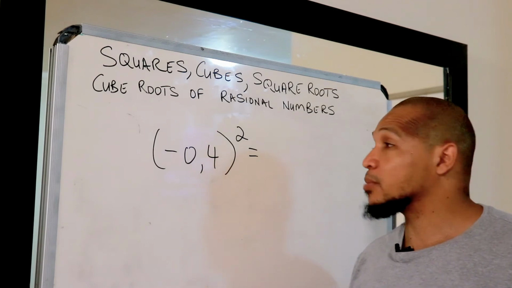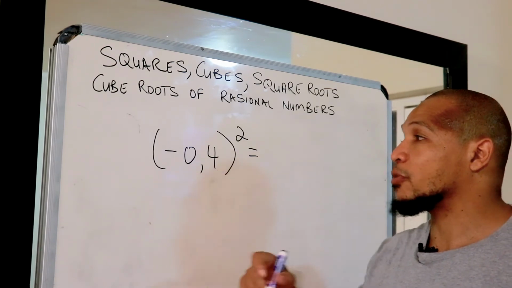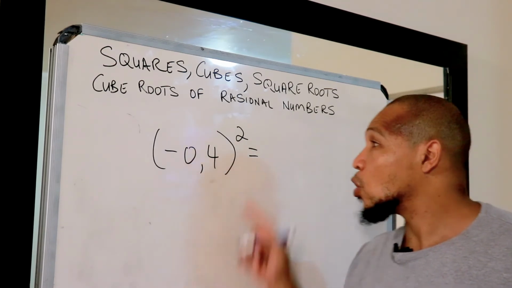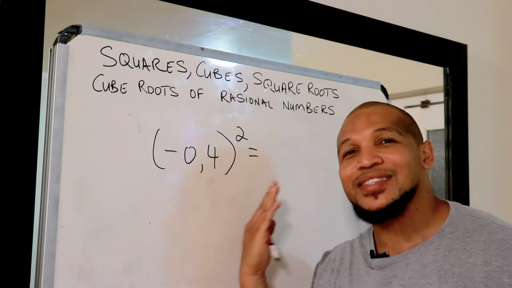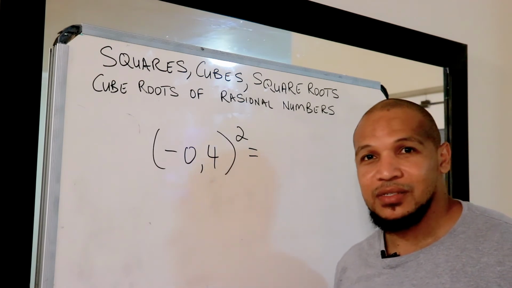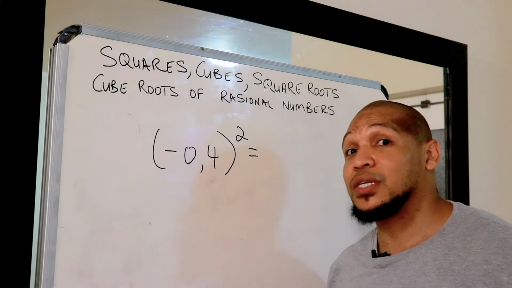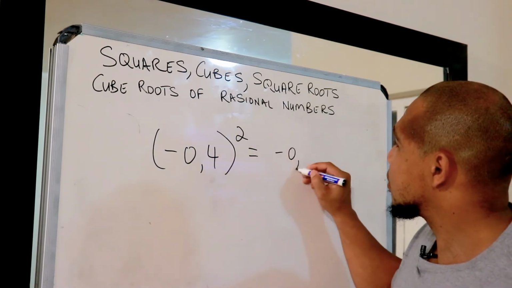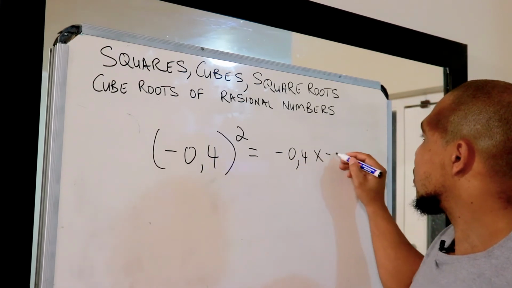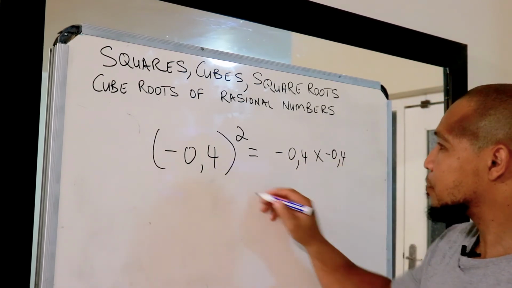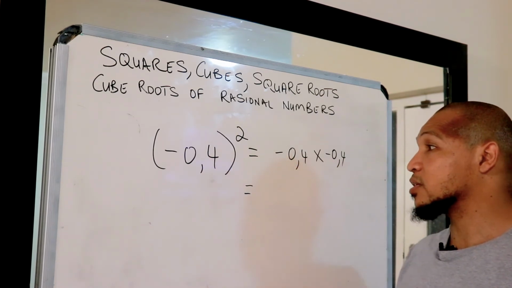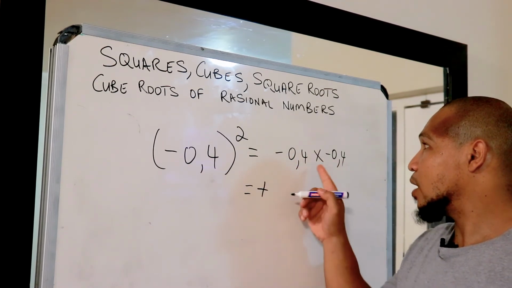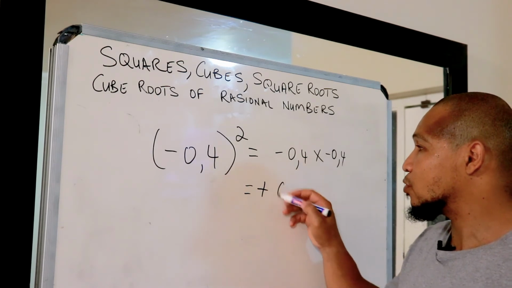Here we have a decimal number, -0.4 squared. What does this say? You guessed it, multiply whatever is in the bracket twice. And this is how easy this actually is. What do we have here? A negative multiplied with a negative is a positive, and 0.4 multiplied with 0.4,